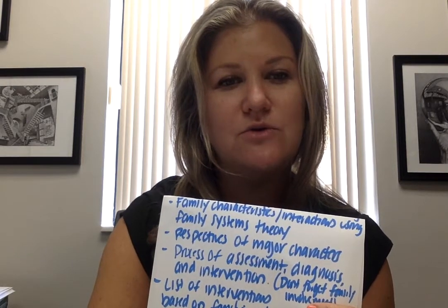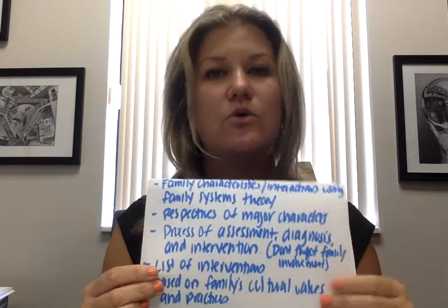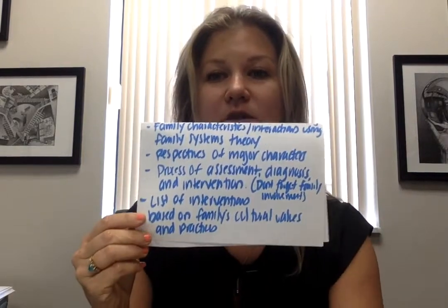Next, I want you to give me a list of interventions based on the family's cultural values and practices. So you will find that the book talks a lot about the different interventions they use for Melanie, how they can make her more independent. And I want you to kind of talk about these interventions and how they are reflecting the family's cultural values